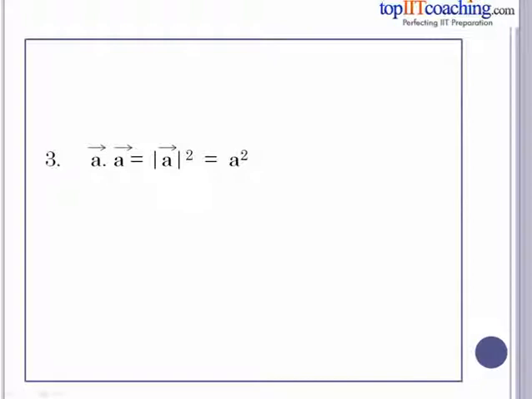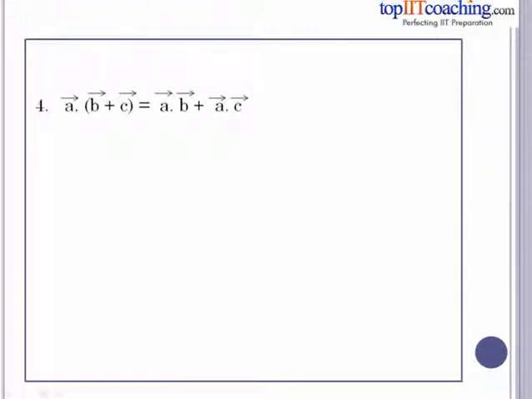Because we can write A dot A as equal to the magnitude of vector A into magnitude of vector A into cos of 0 degree. Why? Because the angle between these two vectors is equal to 0 degree. Also we know that cos of 0 is equal to 1. Thus this is equal to modulus of A square.